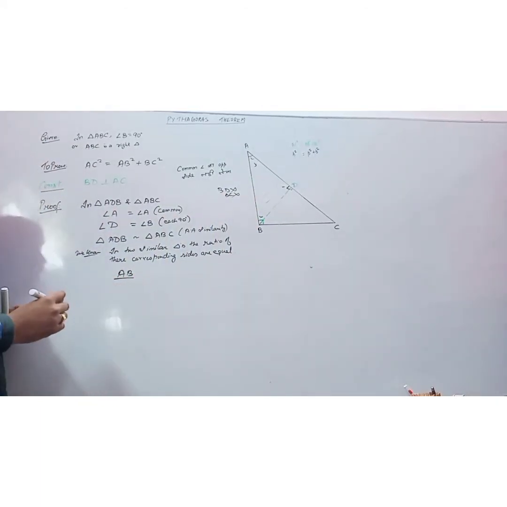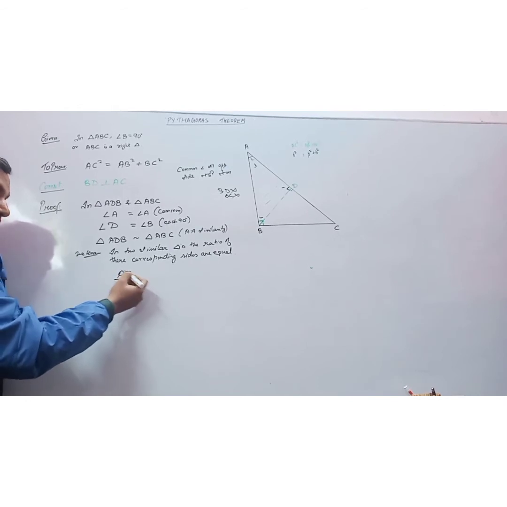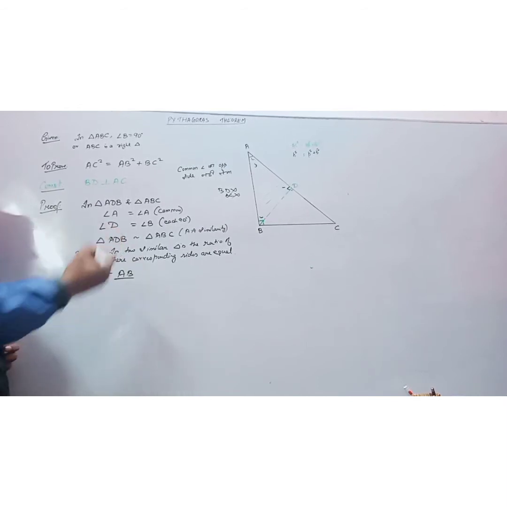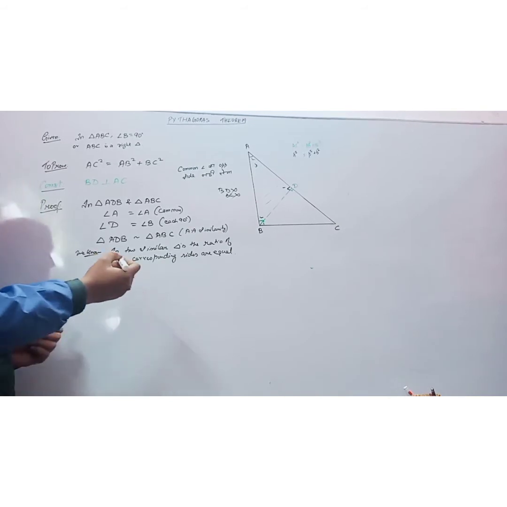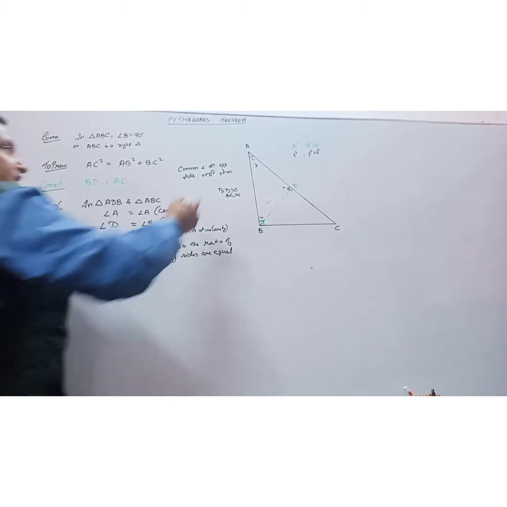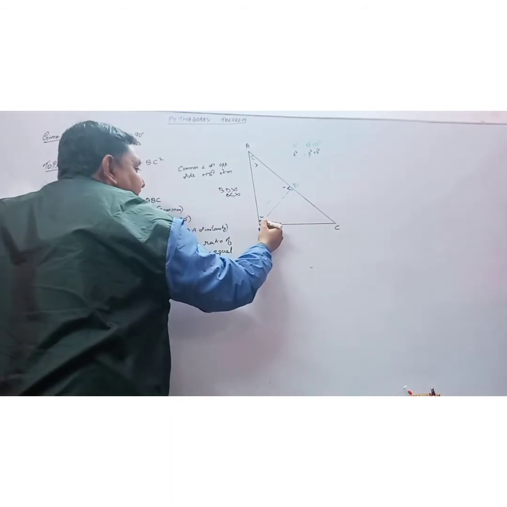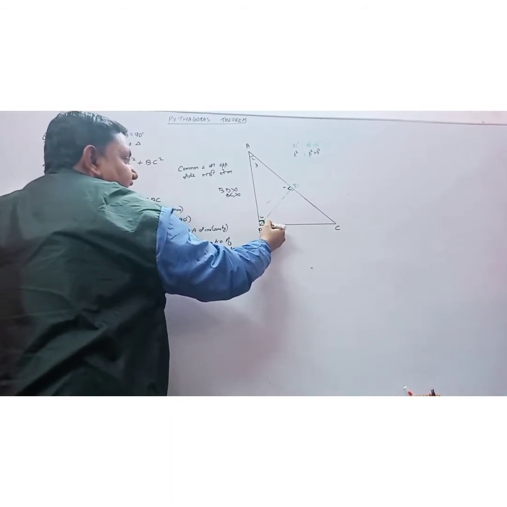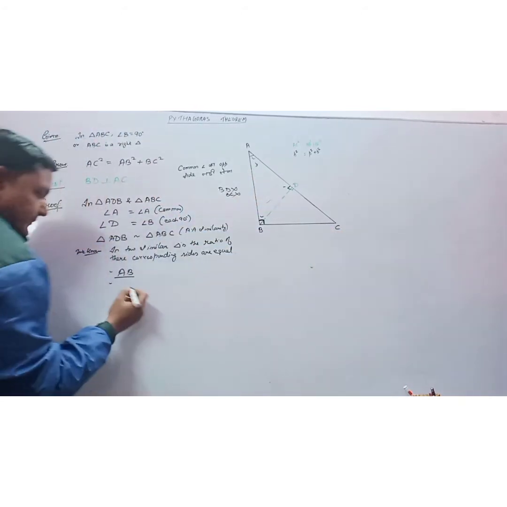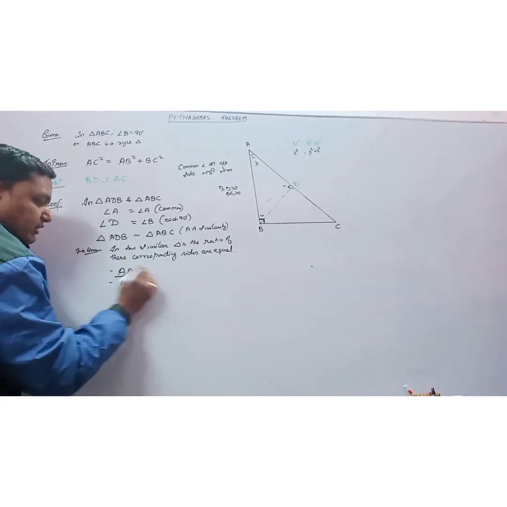Okay. Now if I am taking the opposite side of 90 in the first triangle, then in the second triangle also the side will be what? The opposite side of 90 degree. That is in triangle ABC, and the side of angle B. The opposite side of angle B is AC. So AB by AC equal to.